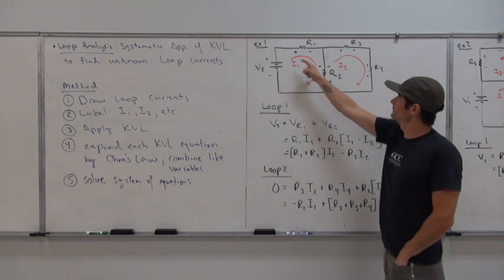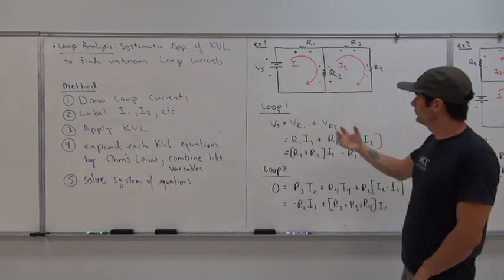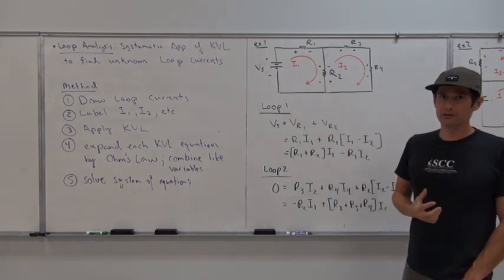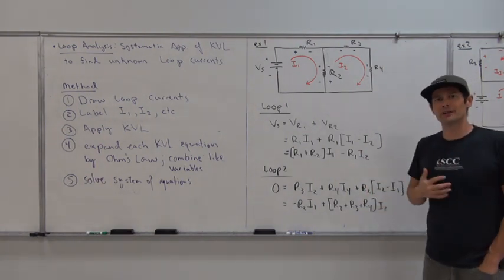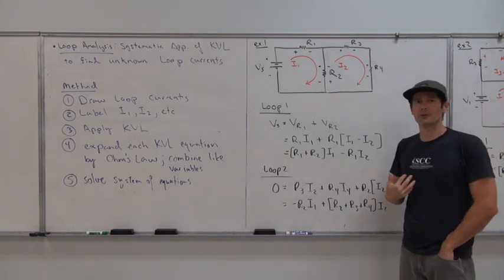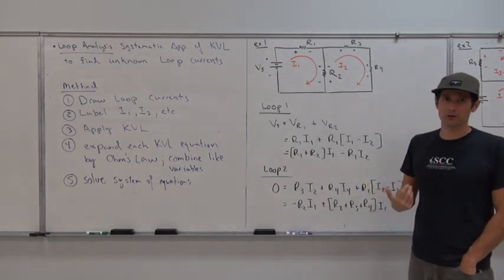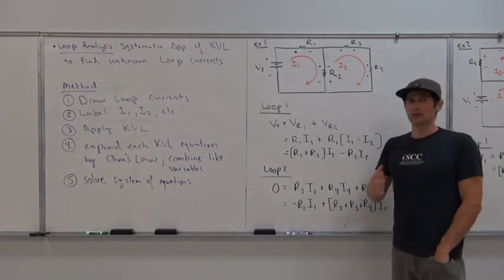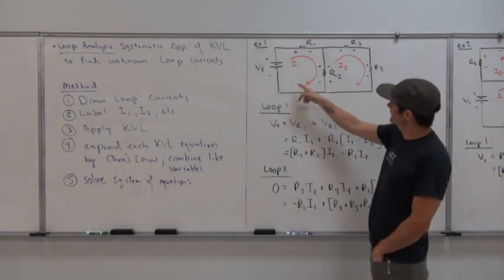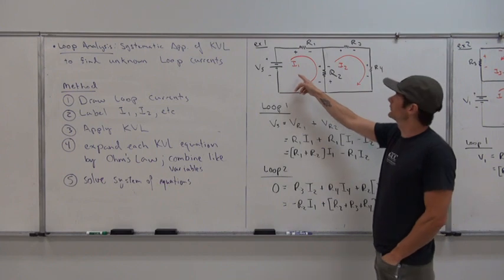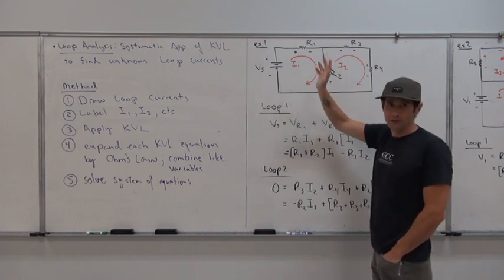Every loop current we reference follows passive sign convention. Once again, that current will render a positive to negative orientation: current goes into the positive terminal of the resistor and leaves the negative terminal of the resistor. Let's see what we mean by that. Now, if we look right here, in this loop current that I've drawn clockwise, by passive sign convention, we would